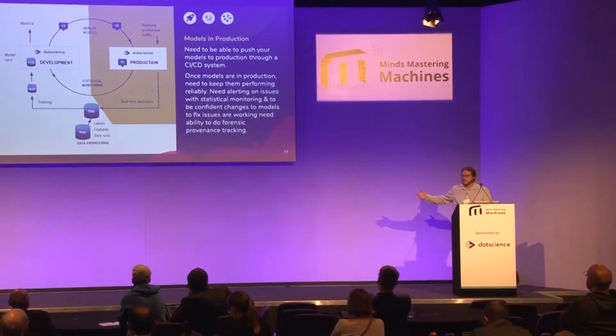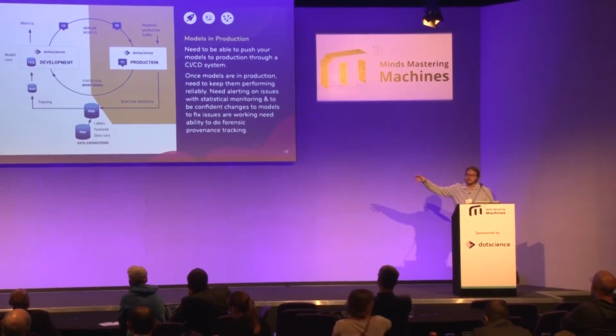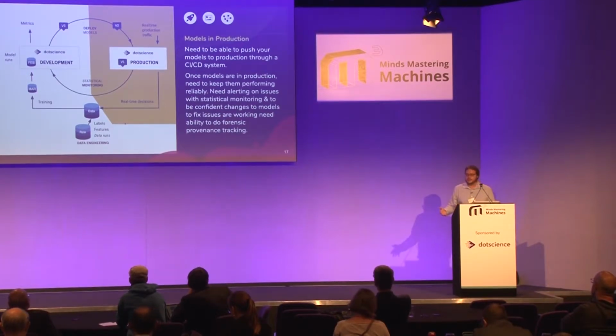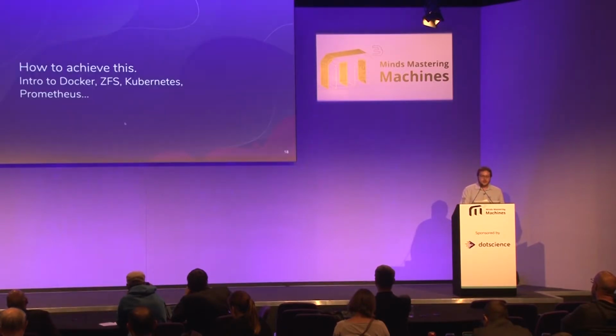And if there is a problem, you need to be able to go back from that model that's running in production all the way around the loop. You need sort of an audit trail almost of the things that happened all the way around this loop to result in that model being the way it is, so that you can figure out what's wrong with it if there are problems. And so now I'm going to come to the part of the talk where I explain